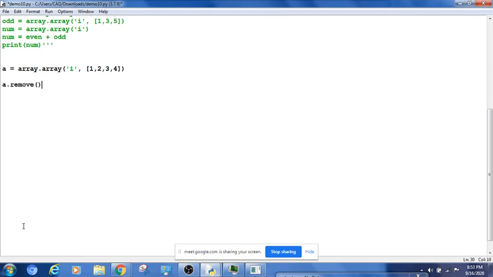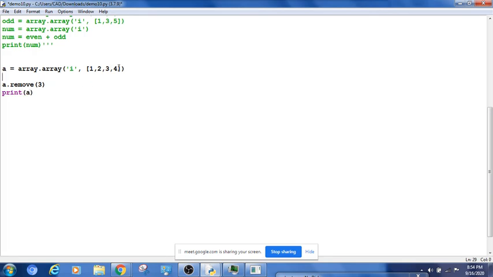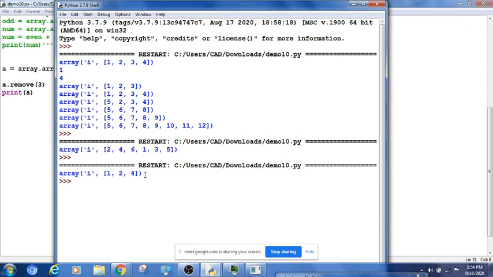A dot remove removes a particular element. Let's take an example, 3. If I remove 3, it will remove the element 3 from the array. So now we will not have 3 in our array. It will have only 1, 2 and 4. Let's run this. You see here, it has only 1, 2 and 4.